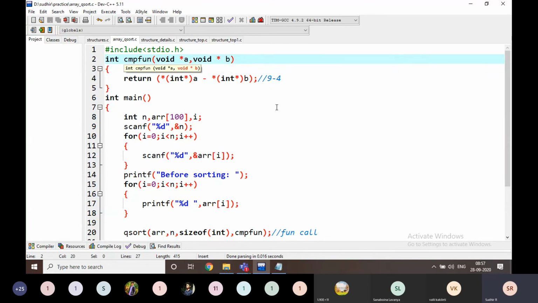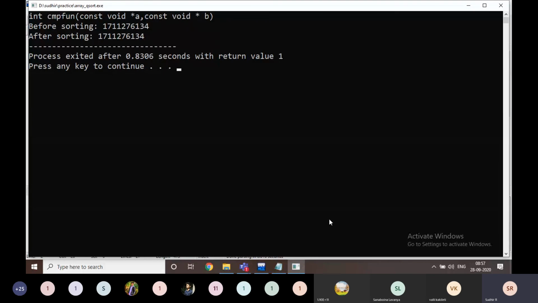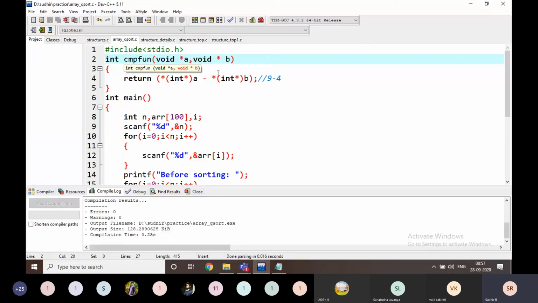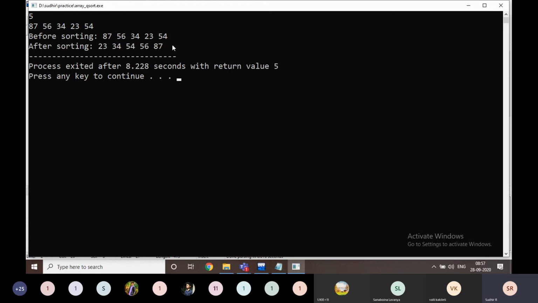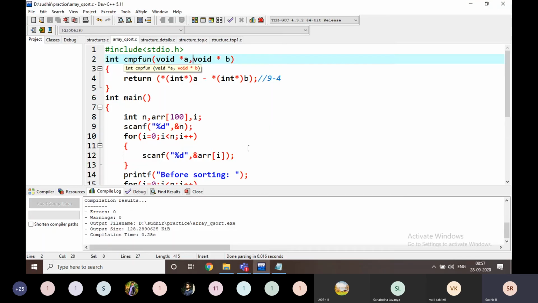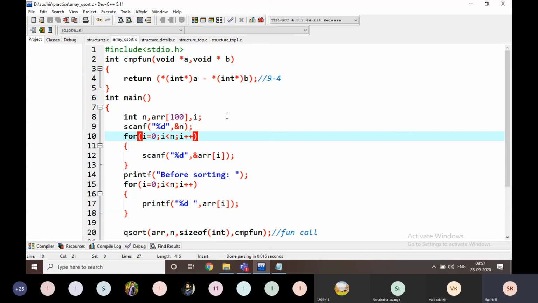This is enough. For example, if I am going to write like this, some 5 values are there: 87, 56, 43, 34 and 54. It is going to be like this. Okay. Yes. Note it down. Just simply this line. This is enough.